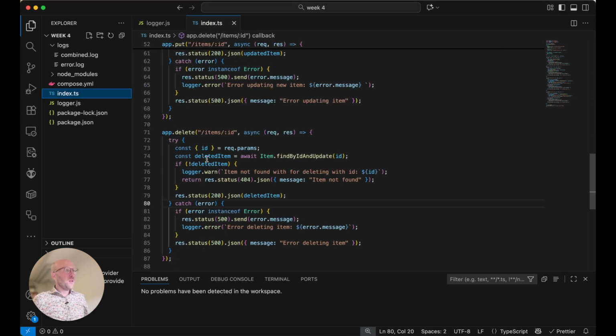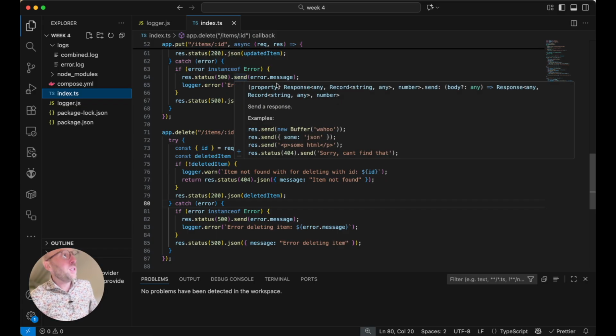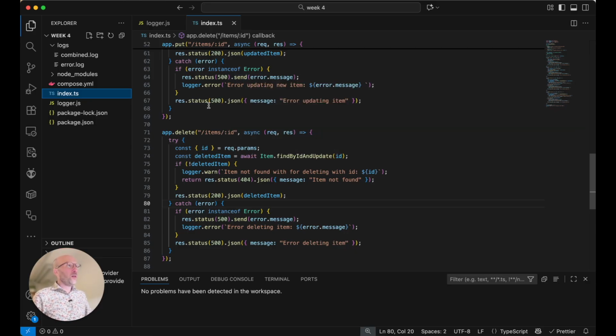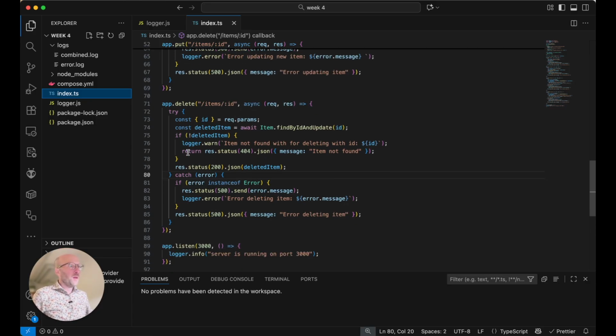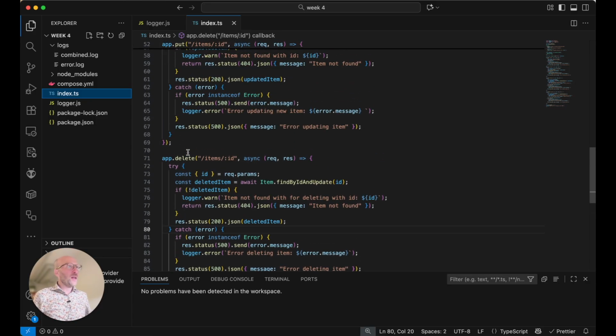So there, now you can see that I'm catching the error of instance Error, with a response with the status of 500 and sending the error.message, and the rest is the same. And I did it 5 times. Okay,